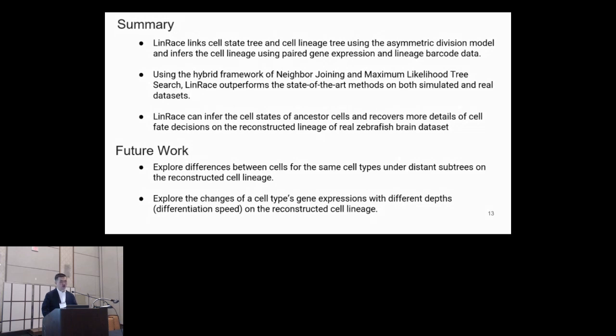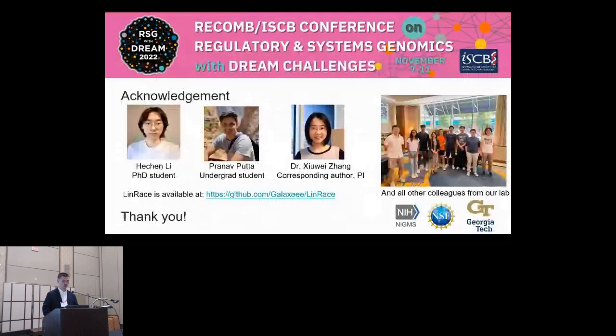Some of the future work, including basically, I would like to explore more about how the gene expression changes on the distant subtrees for the same cell type, and also how the gene expression changes with different depths, which correspond to different differentiation speed on the reconstructed lineage. And I would like to acknowledge all the co-authors as well as all the other colleagues from